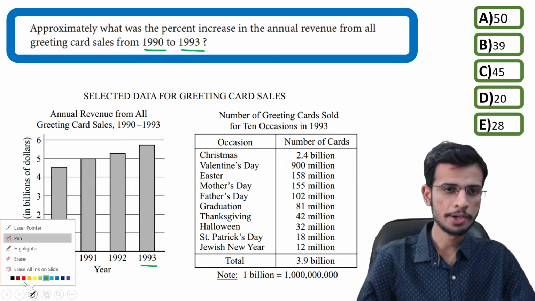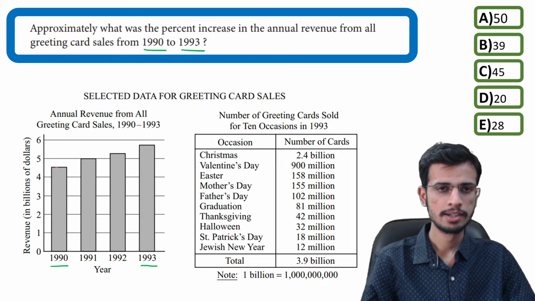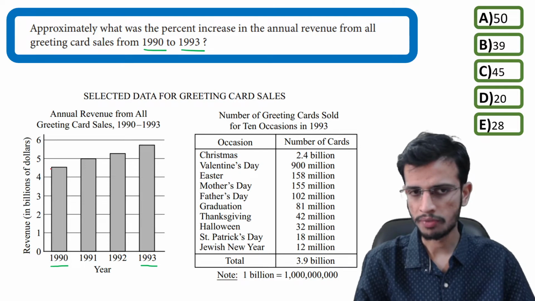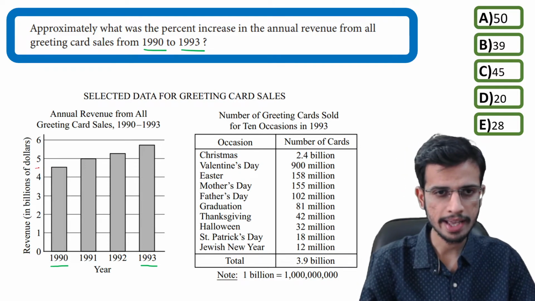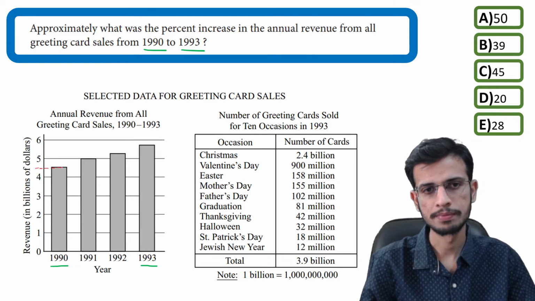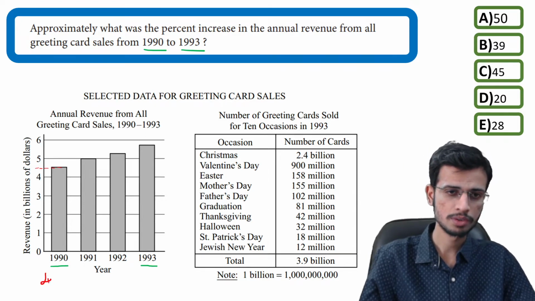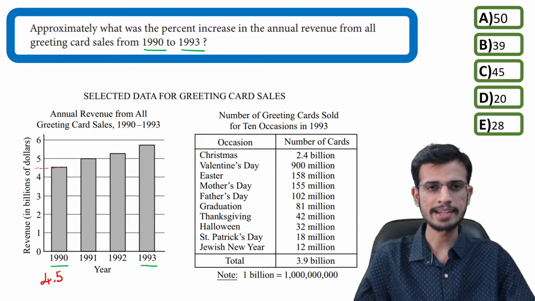So what is the revenue in 1990? It is between 4 and 5, exactly between 4 and 5 from the figure. You can say 4.5 billion dollars. For 1993,